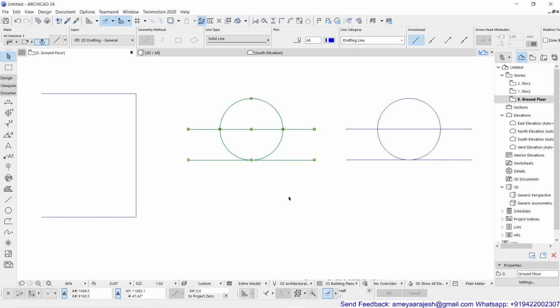Now you will see what exactly the benefit of grouping is. That's what I told you. You can quickly select them, you can quickly move them, copy them, and so many things. Step by step, the way you start using ArchiCAD in future, you will realize grouping is very important. It helps a lot to quickly select or isolate the objects and so many things.